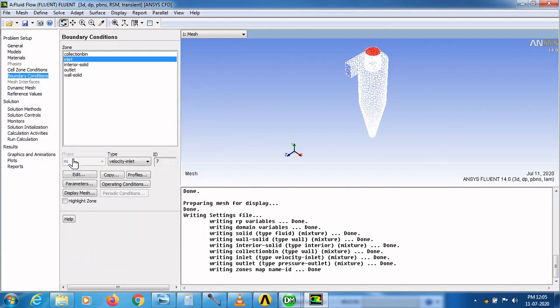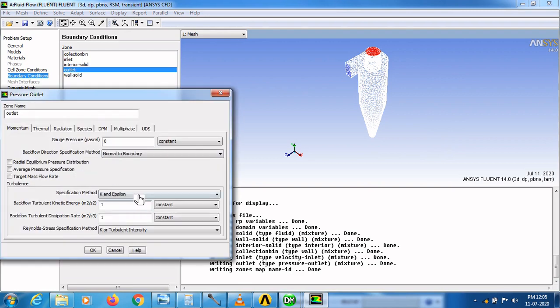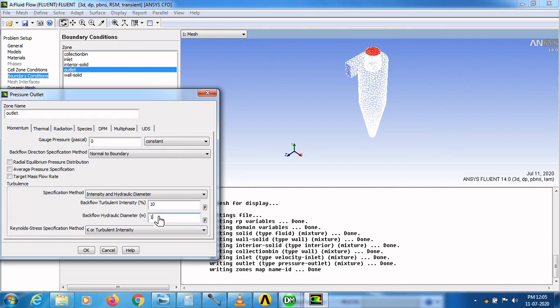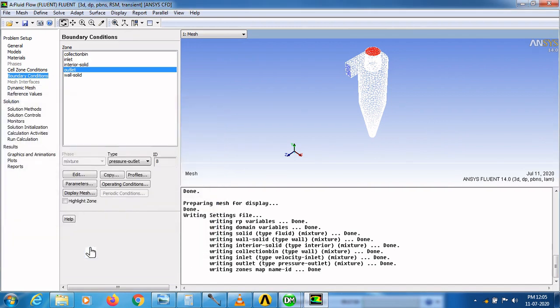Click OK and go to outlet section, give edit, and in specification method select intensity and hydraulic diameter. Here you have to provide 0.1 meter and click OK.